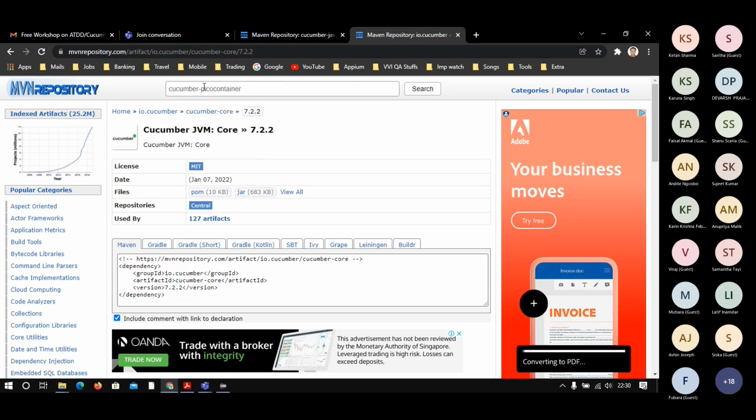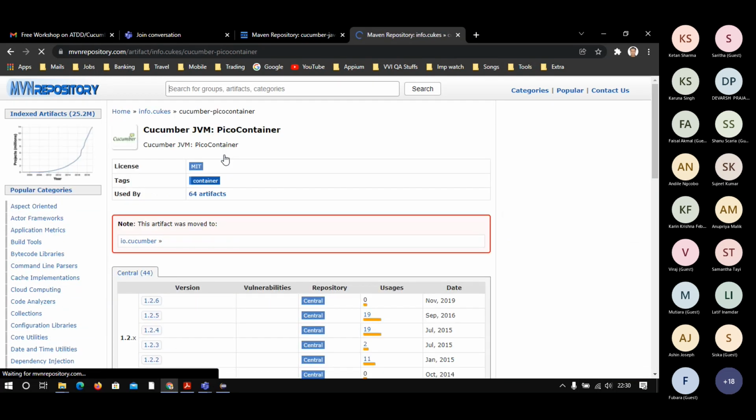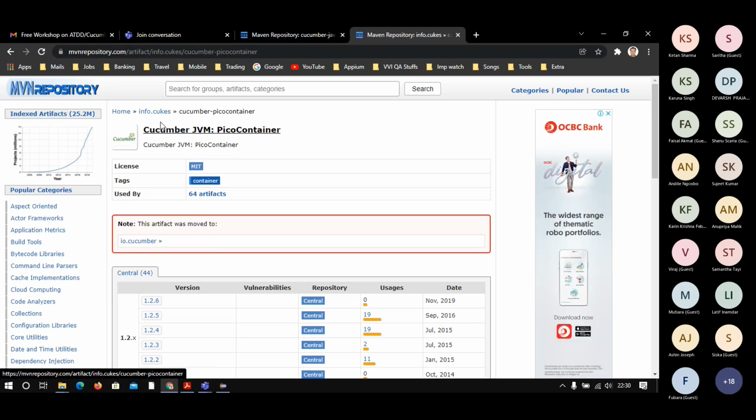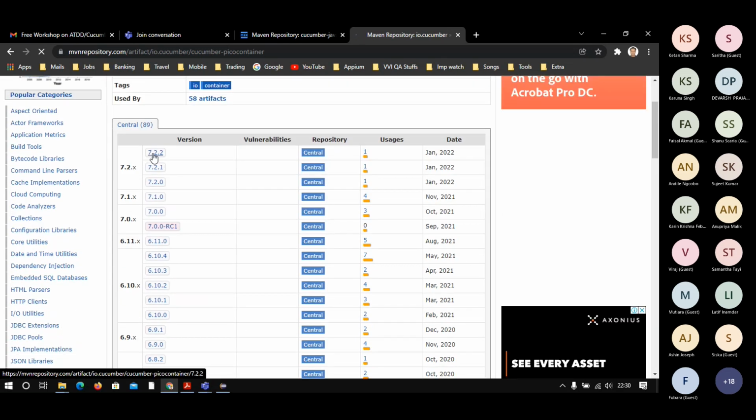Cucumber PicoContainer is needed for sharing data across different classes. I have opted for the wrong version. io.cucumber I need, right? 7.2.2.